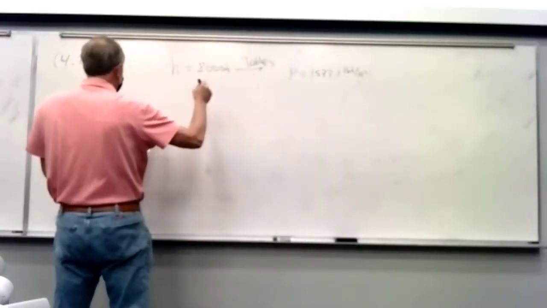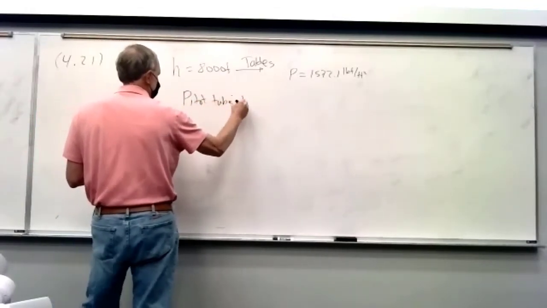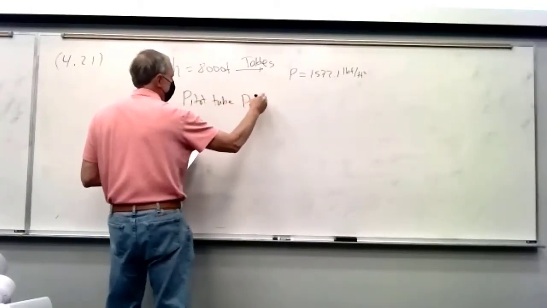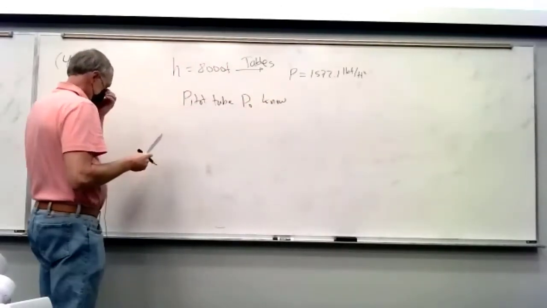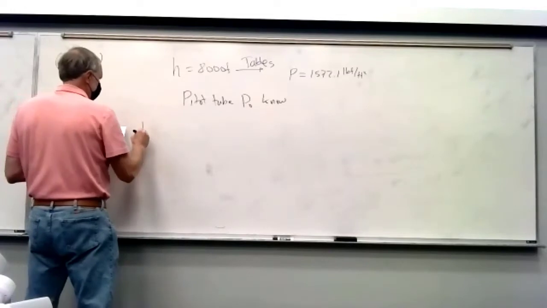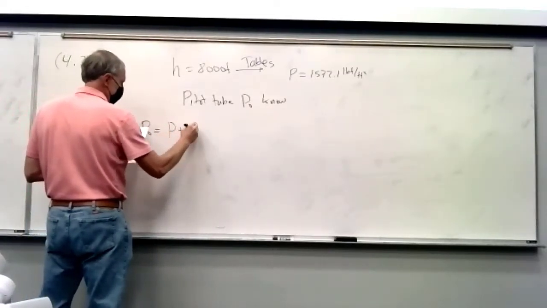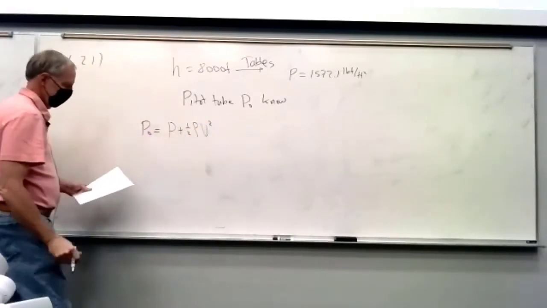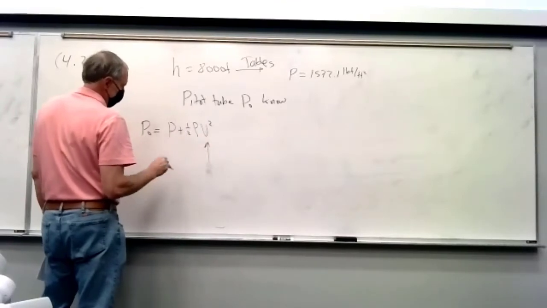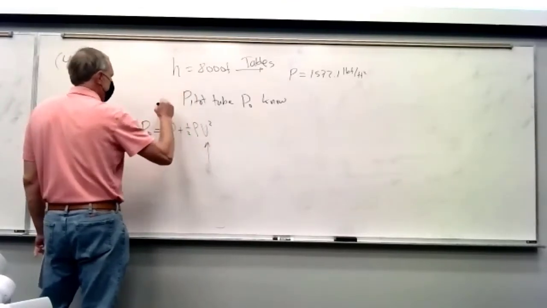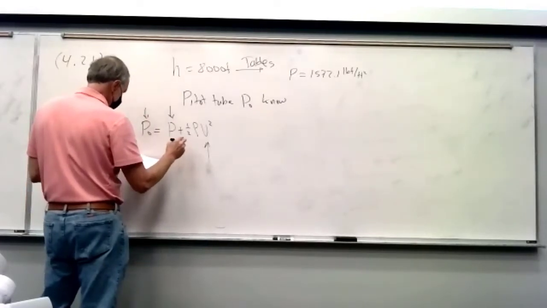So that gives you the static pressure, and then it tells you that a pitot tube, so we know this. So then you use that same equation. And they're wanting us to calculate this. So we're given P, we're given P0. We need to find